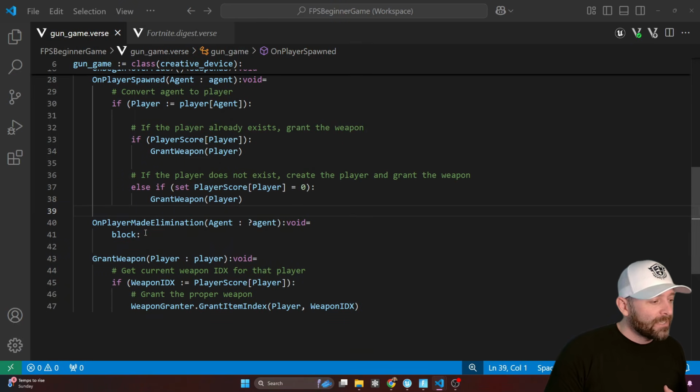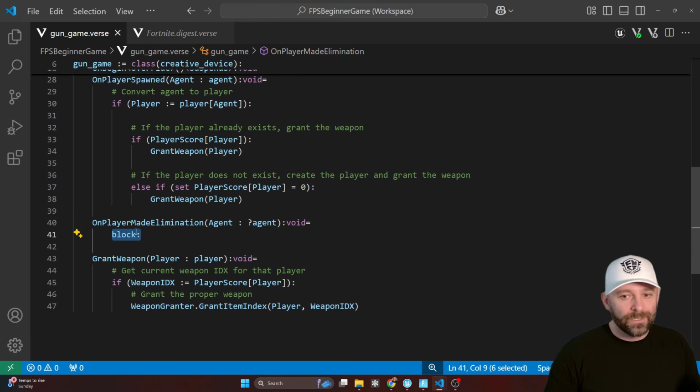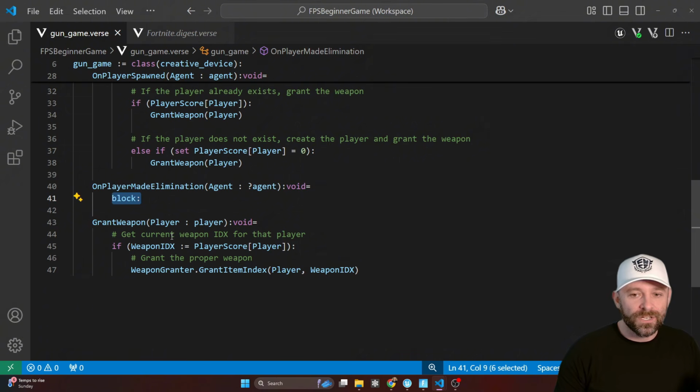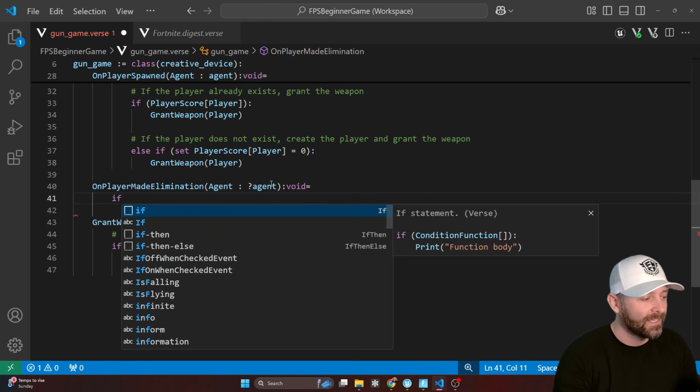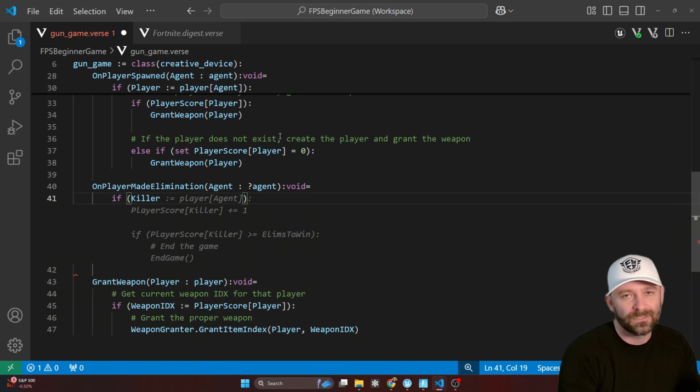So in on player made elimination, when I make an elimination, not when I get killed, but when I make one, we want to increase the score. We're going to write some more code here. It might be overwhelming, but just take it slow. It's fine. We're going to say if killer, the killer. To be clear, that's me. So if the killer,